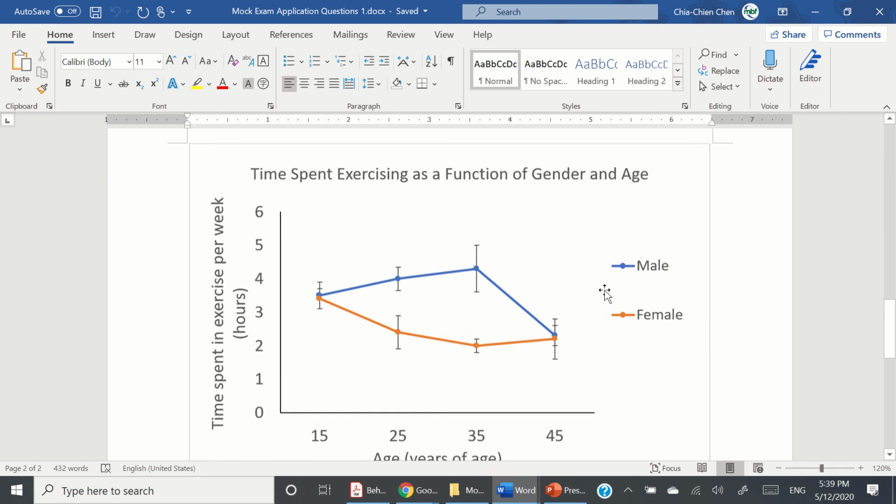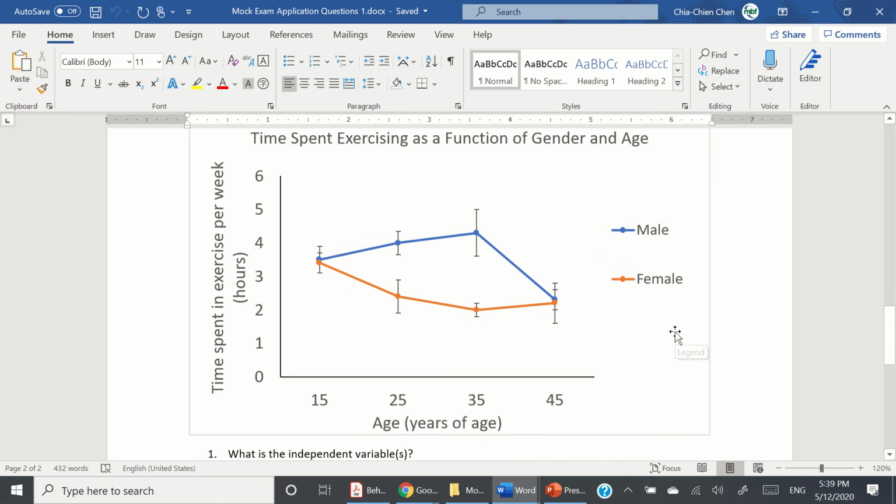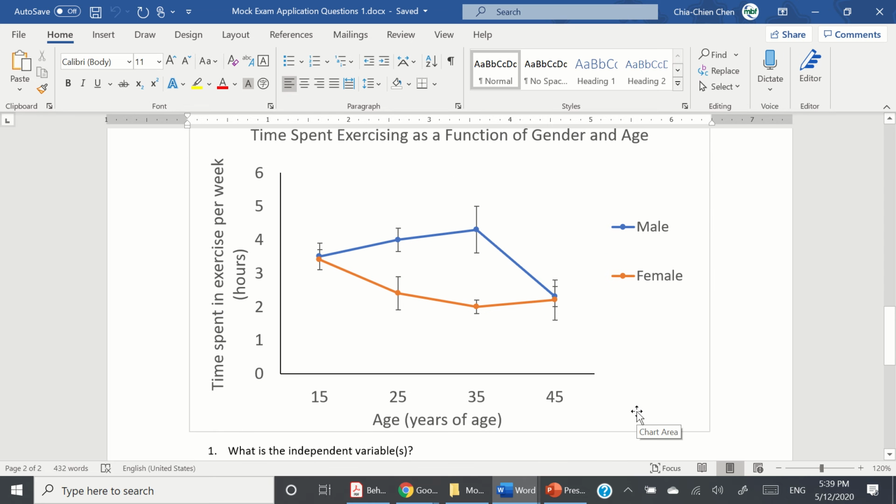Now let's take a look at this. So these are the data. The title is "Time Spent Exercising as a Function of Gender and Age." Males are in blue, and females are in orange. On the x-axis, what you're seeing is the age, in years. And on the y-axis, what you're seeing is the time spent exercising per week,